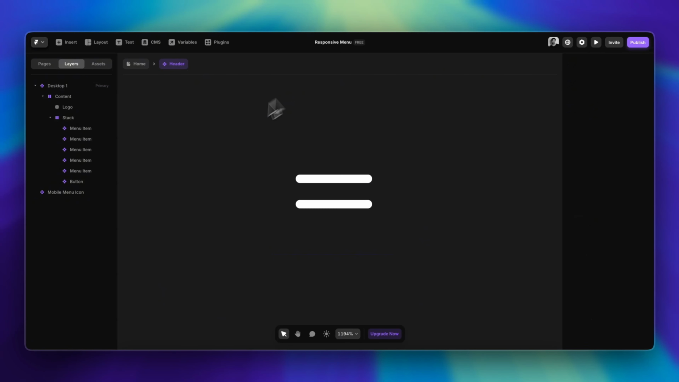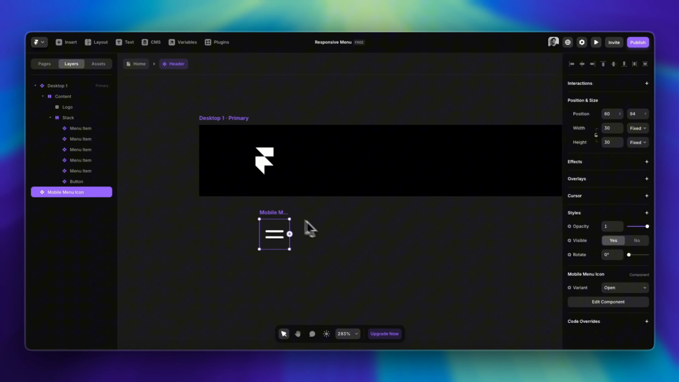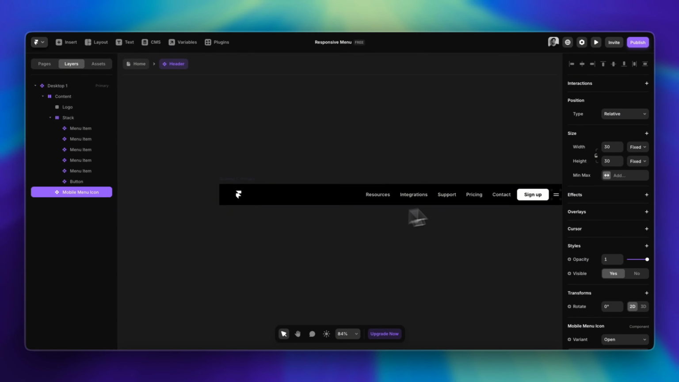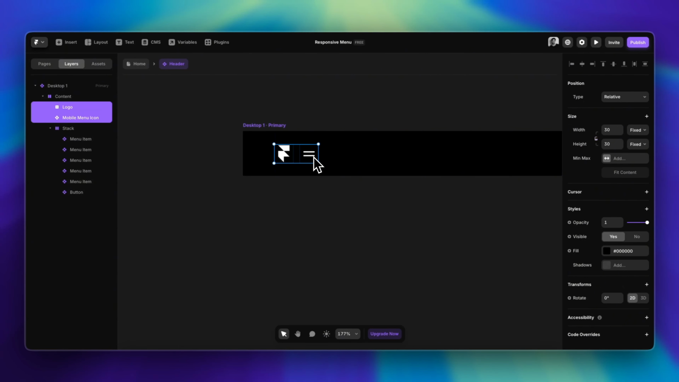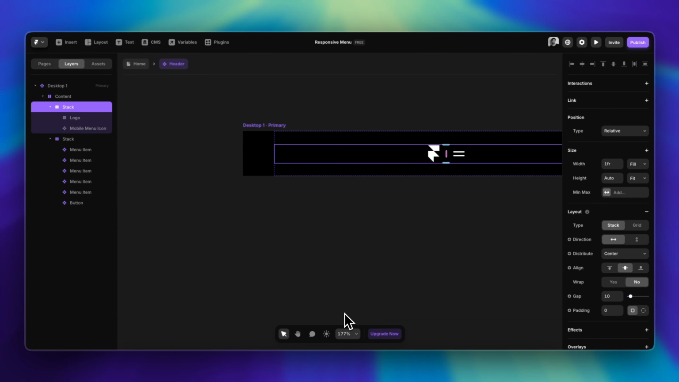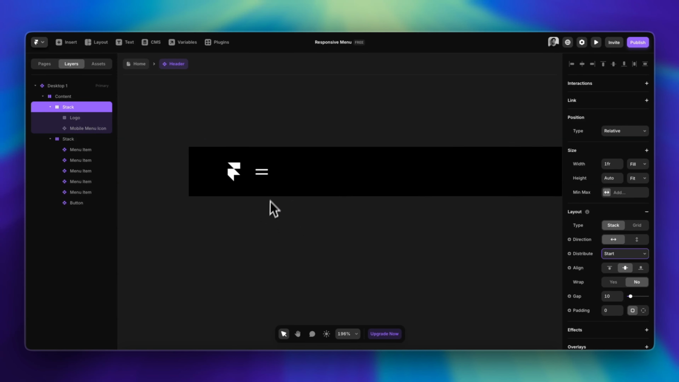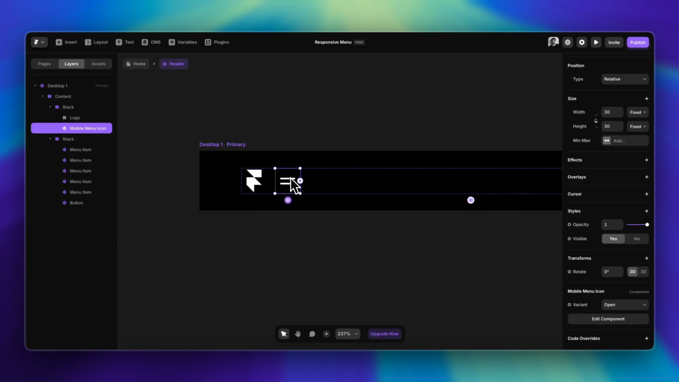Great. Now that we have our mobile icon, I am going to add this right next to my logo and wrap them in a new stack. Just making sure that the distribution is set to the start, so the elements are aligned to the left. And lastly, of course, I want to hide this button in the primary variant, so we can turn off the